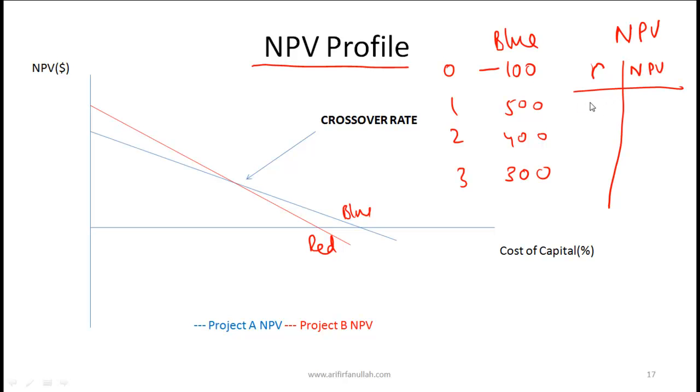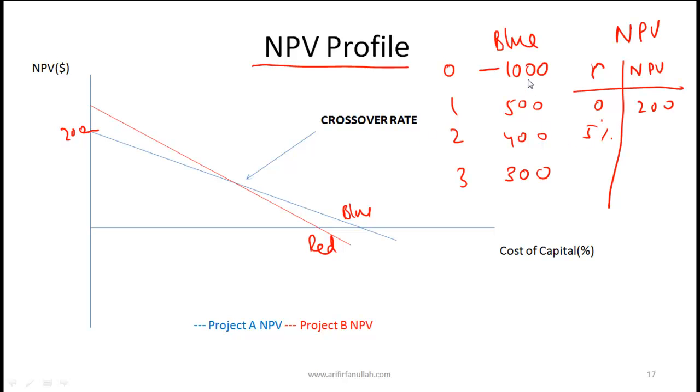So at a discount rate of 0, the NPV is simply the undiscounted cash flow. So minus 100 plus 500, 400 is 900, 1200. Actually, just to make this simpler, let's say that the initial investment is 1000. So this will give us an NPV of 200. So on this project then we have 200, and then as we increase our discount rate, so we make it 5%,